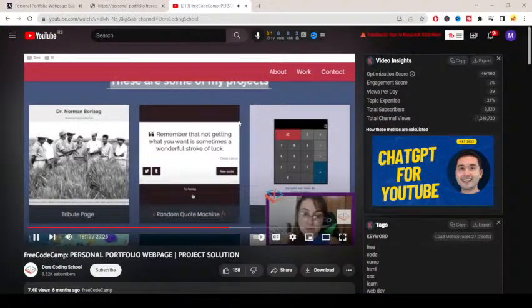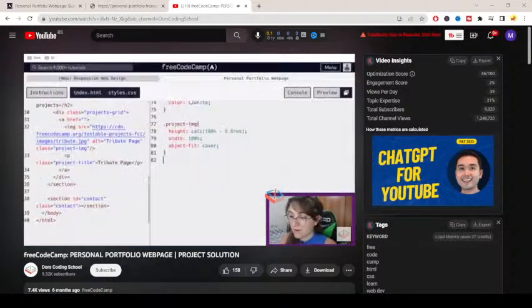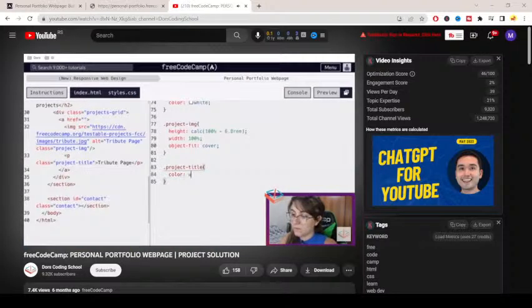That's it. Now we're gonna work with the A tag that we're working in here. Let's work with the project title, okay? Because I think we can create this space in here. So for the project title, I'm gonna have in here dot project title. And what do we want? If we see in here, we want this to be in white, so color white, width